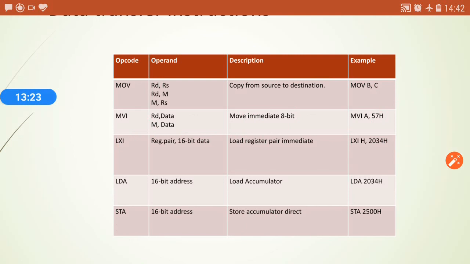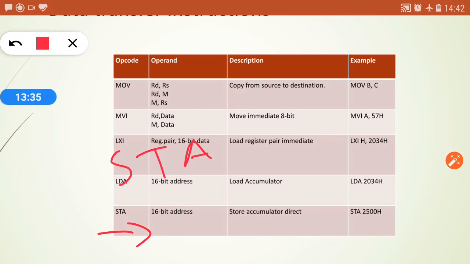And then next is STA. It is exactly the reverse. That means for storing data from the accumulator to a particular memory location of a memory device, you have to write STA and then specify the address, 1235. I write 5 here because this address is just next to the previous address which we used for loading our data, right?